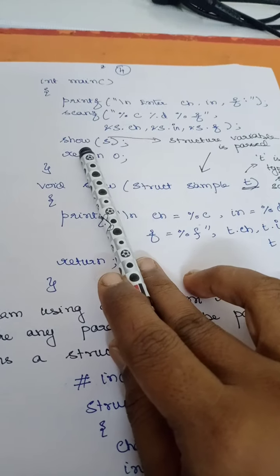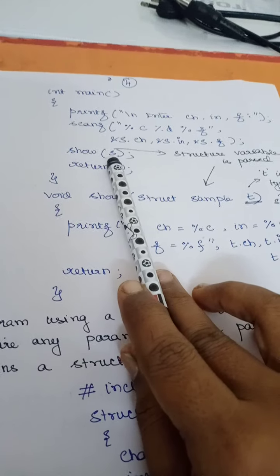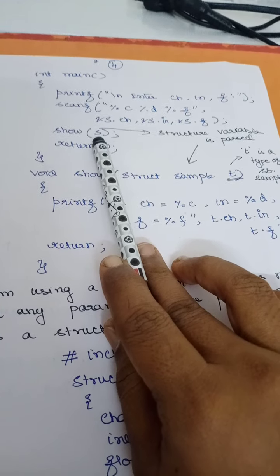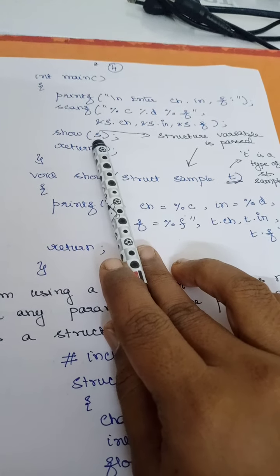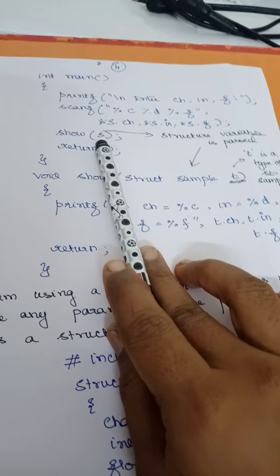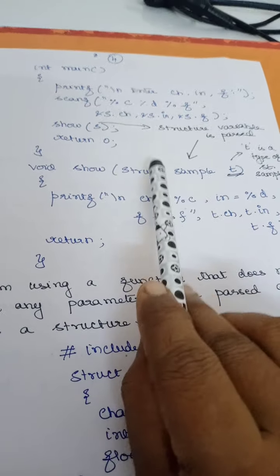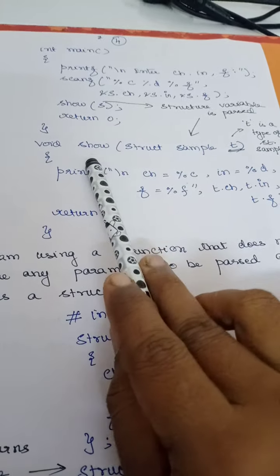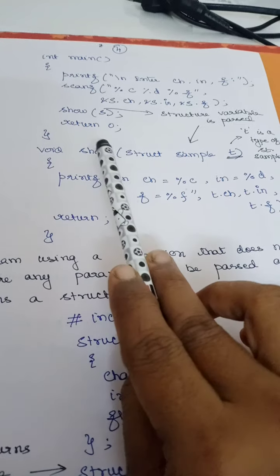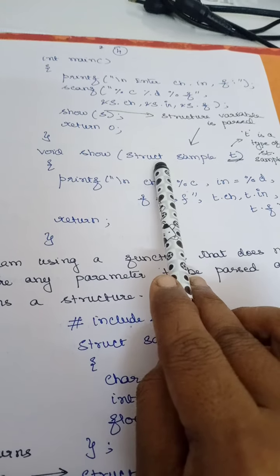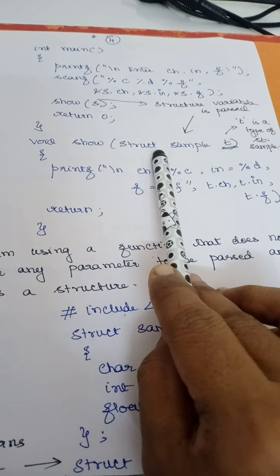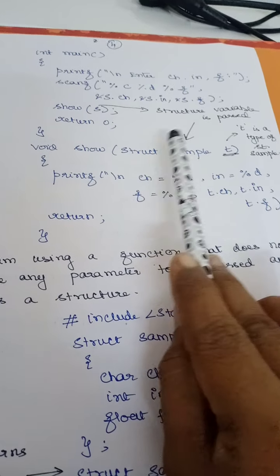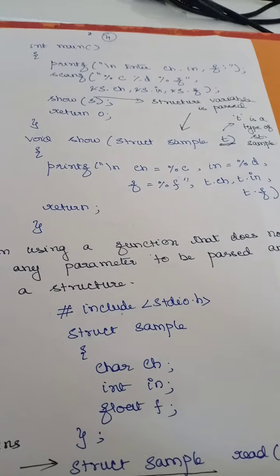And then I am calling the function. So what is my function? show. And what am I passing here? I am passing the structure variable. Whenever you pass a structure variable to a function, it is passed as call by value. So the members will just be copied to the variable that is used in the function. So the control will return here. Return type is void. Name of the function is show. And here I am going to accept an argument. What is the argument here? Here t is going to be of type struct, and the name of the struct is going to be sample.